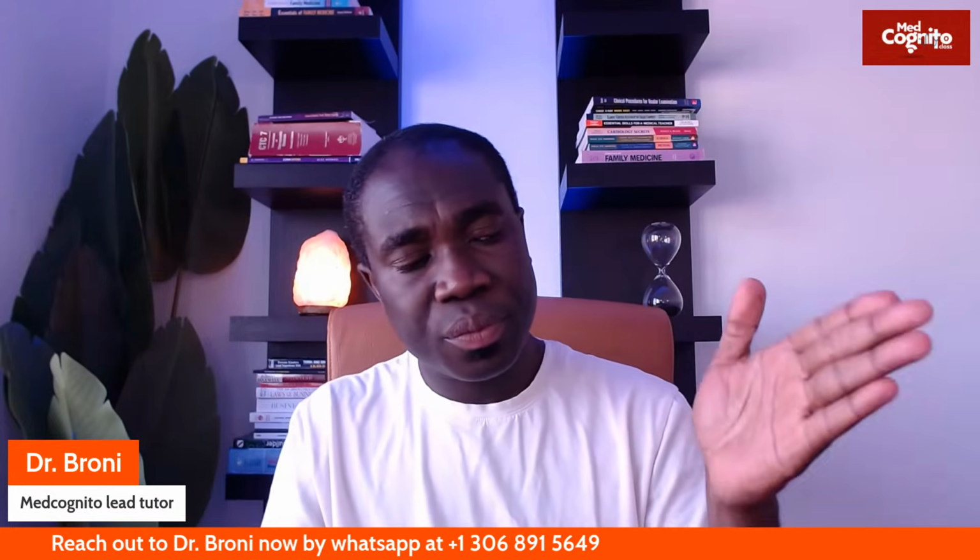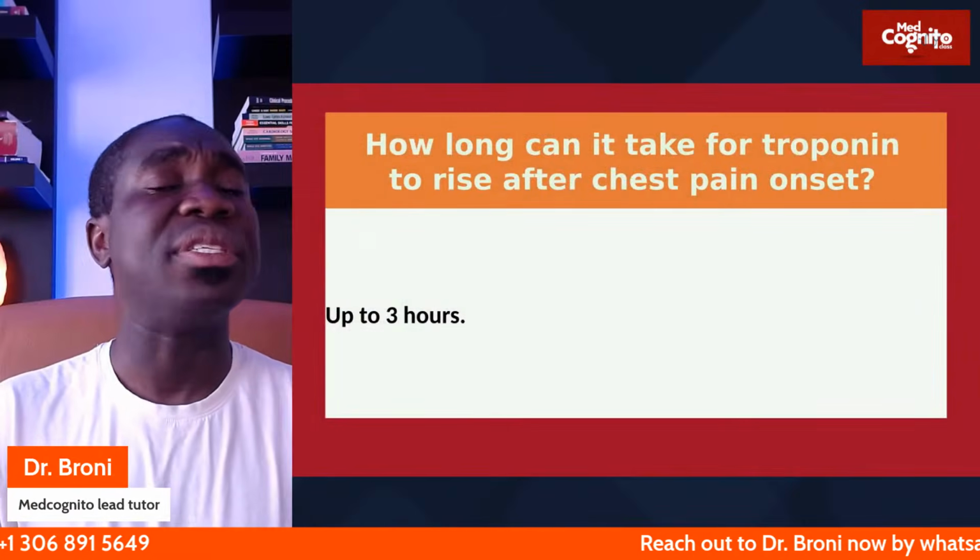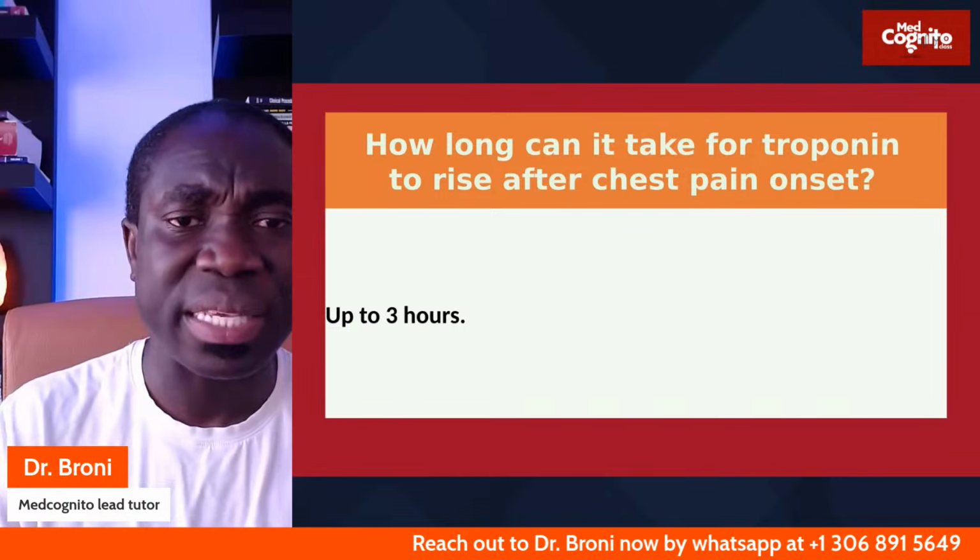A, let the patient go home because troponin levels are normal. ECG is fine. B, keep the patient and repeat ECG by 3 o'clock p.m. C, give the patient PPI and reassure the patient it's just gastroesophageal reflux disease. What will you do? Good. You want to recheck the troponin around the 3-hour mark. You want to do that, please. For medical legal reasons and even to help the patient himself or herself, please do that.